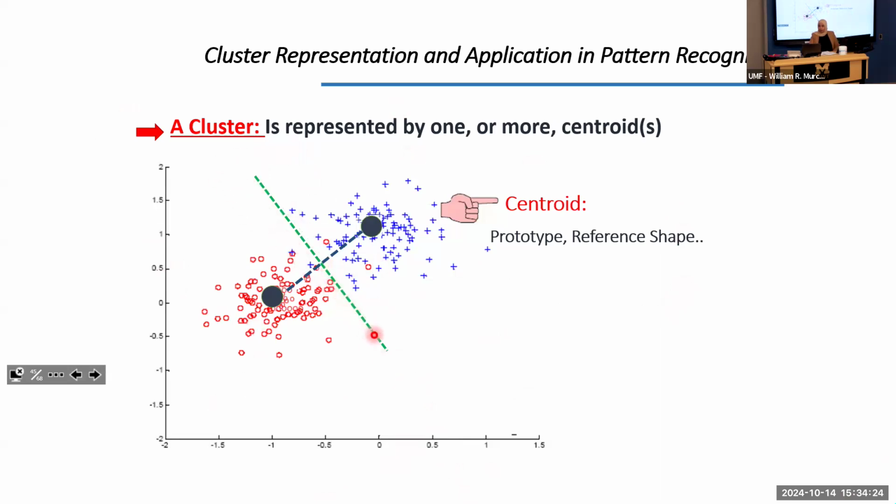The green line is the boundary between the two elements, which in maths is called the linear decision surface. So it's based on this surface. If next time an element is coming, we are going to decide. For example, suppose this is a gang and this is another gang, and they are defining their separation. If you are coming here, you are in our zone, and if you are there, the others are saying you are in their zone.